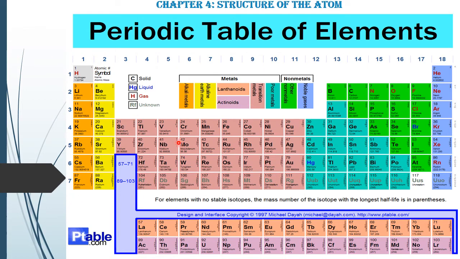This is the periodic table. Here the top number is your atomic number, and the number below is your atomic mass. In the periodic table, it is arranged the other way. So is this clear? 40.08 is considered as 40.